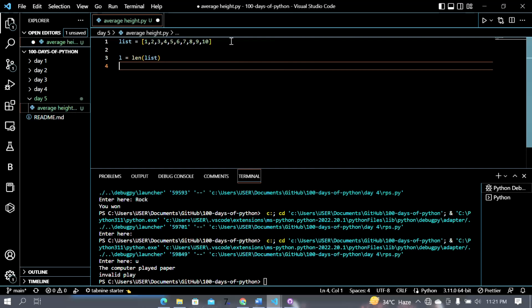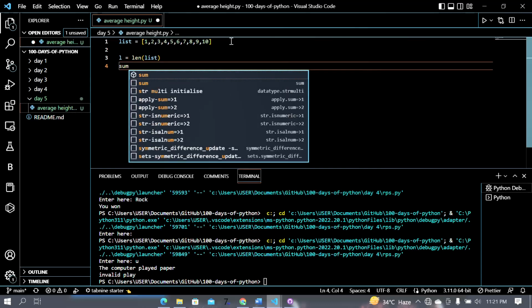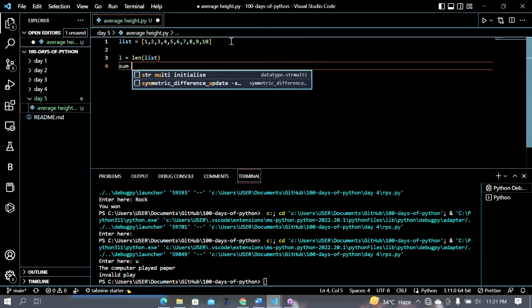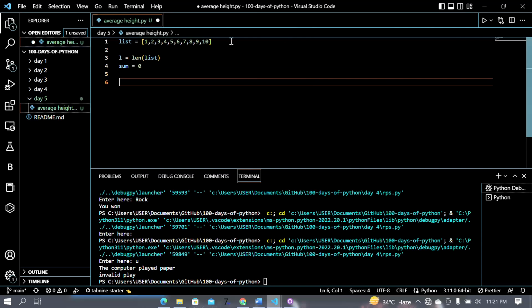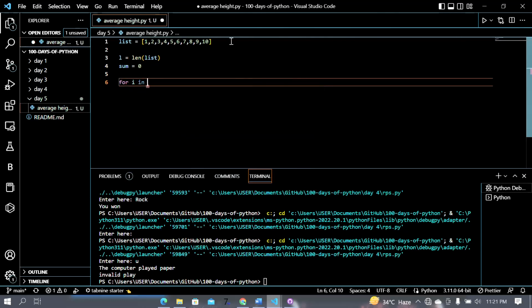Okay, now the next thing we want to do is define another variable, which is going to be the sum of elements, because when you're calculating the average of something, you're going to add everything and divide it by the length of what you're working with. So for now, we'll just say our sum should be equal to 0. So now we're going to say for i in list,